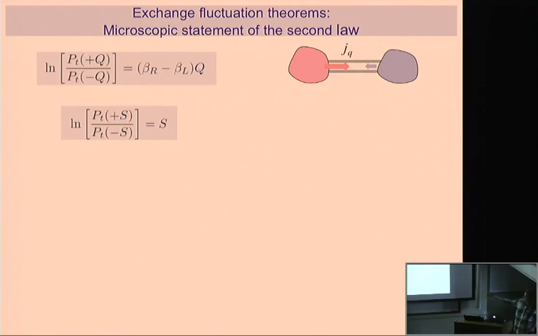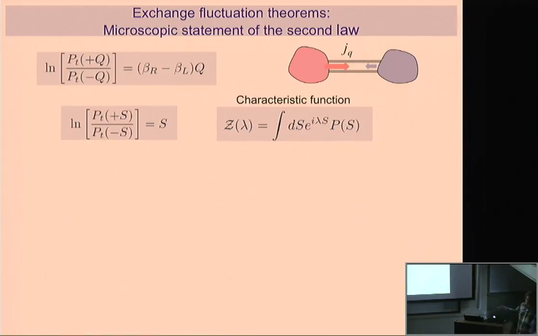And this is, of course, just an example of the general exchange fluctuation relation. This is supposed to be delta S, the entropy change in the process. And again, we have a finite probability to have a negative entropy production, but it's exponentially suppressed. And yesterday, in one talk, we had fluctuation relations for charge transport, very similar. Now, I'm not going to work actually with this probability function. Rather, we are always going to consider what we call the characteristic function, Z. It's just a transform. And this lambda is the so-called counting parameter.